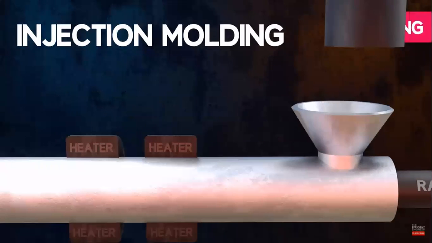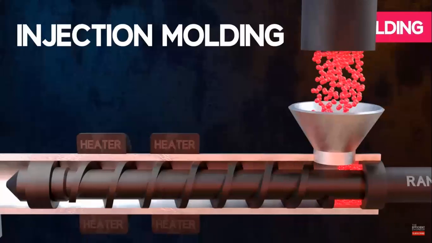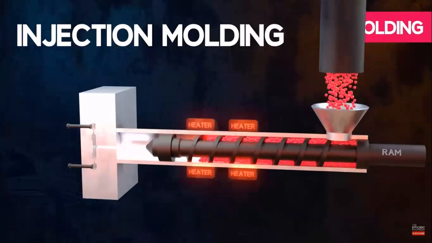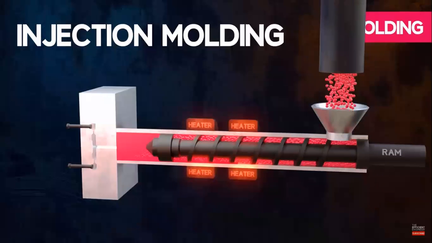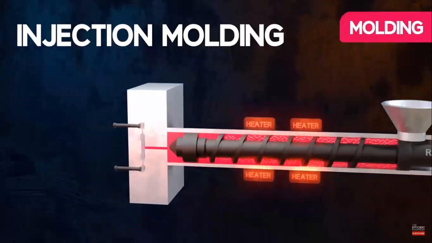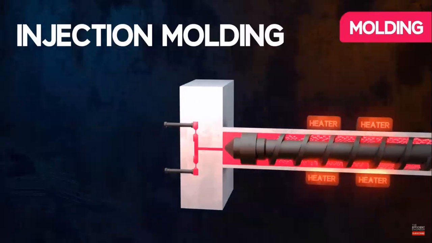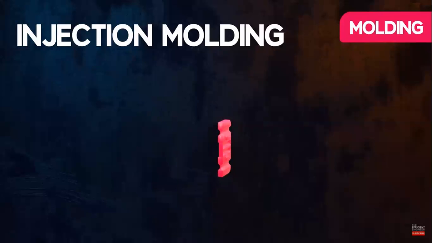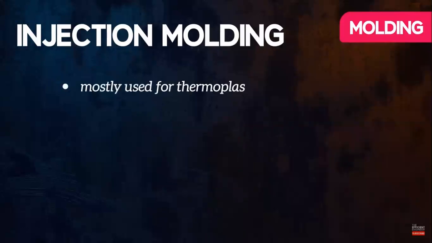Injection molding is the most commonly used manufacturing method for plastics. Polymer granules are fed into the hopper, and a screw is used to pass the material through a heated cylinder before it is forced at pressure into the mold. That's the basic part I need made of a thermoplastic. Injection molding is mostly used for thermoplastics,